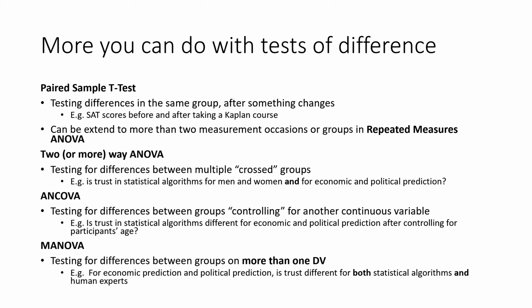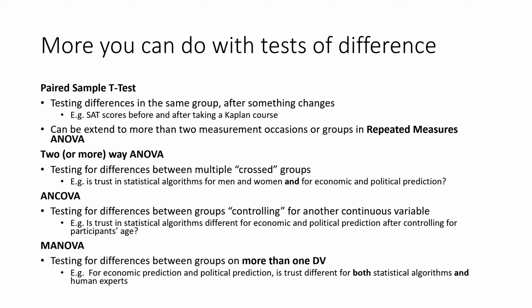And here are just a few examples of other things you can do with tests of difference that we didn't cover here. Most of you will be okay with what we covered, but if you need to, we can go into detail individually on some of these other ones. So a paired sample t-test looks at differences in the same group after something changes. So this might be a repeated measure of something. For example, let's say you take the SAT, you don't do so well, you take a Kaplan course, and you take the SAT again. If you study a bunch of people who all go through the same thing, that would involve a paired sample t-test, and you can extend this to more than 2 repeated measures with repeated measures